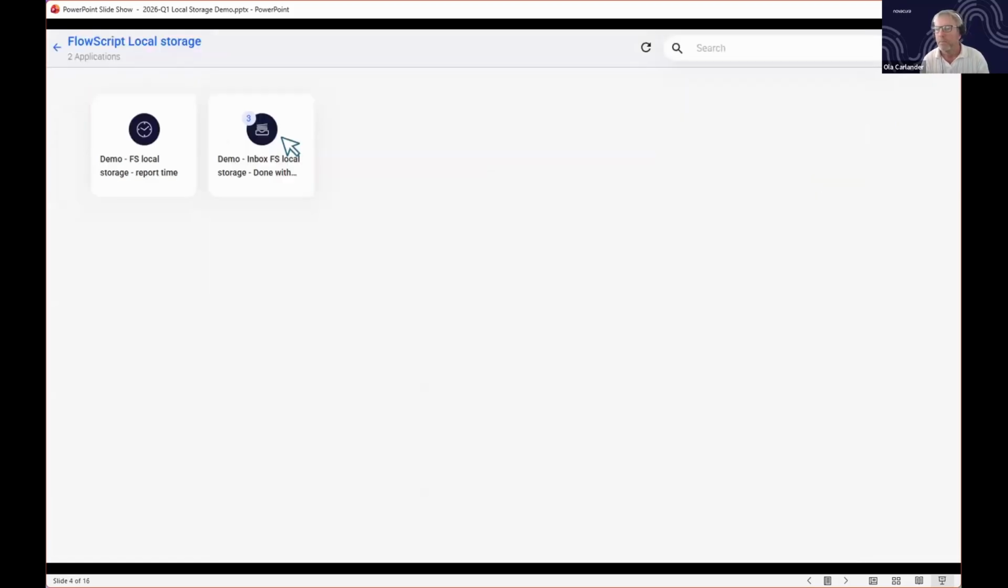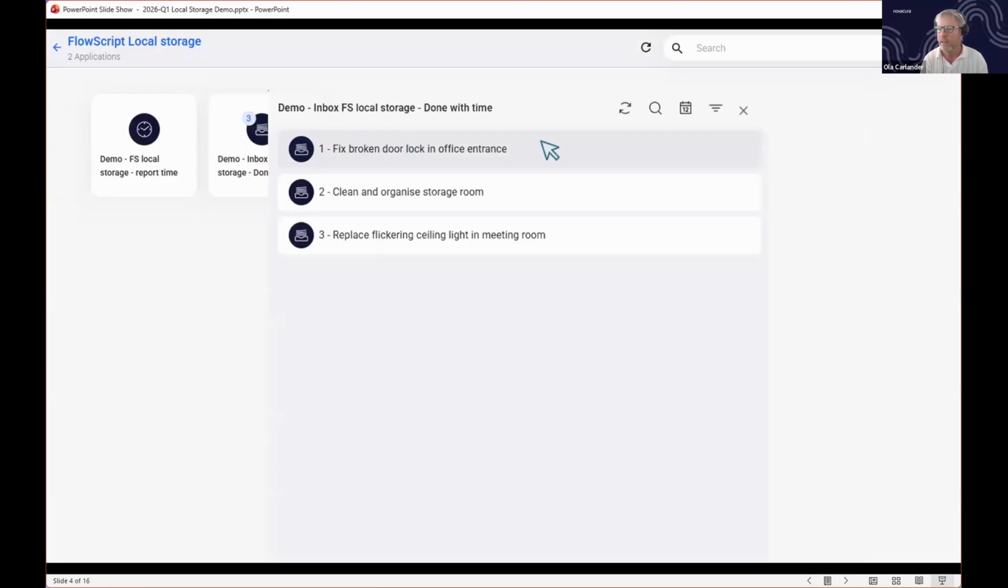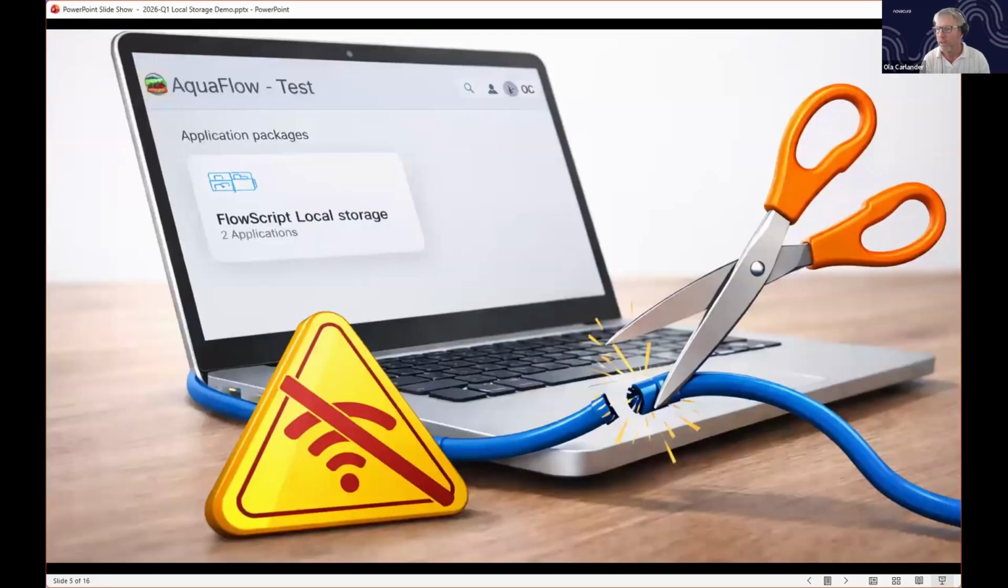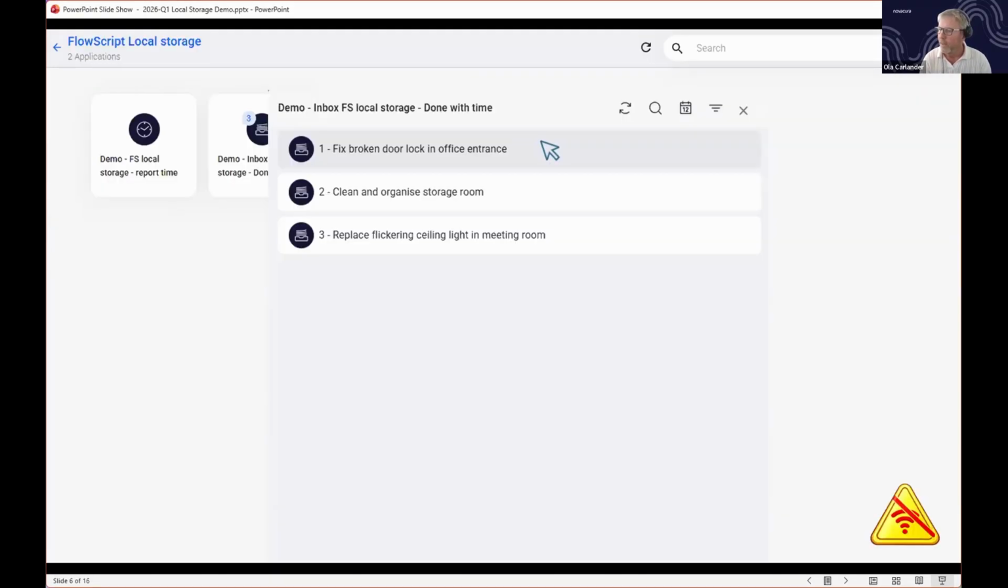And if I check my to-do list here, my inbox, I see I have 3 tasks to do for the day. One is to go and fix a broken door lock in the office entrance. All right, to fix that, I need my laptop, but we don't have any Wi-Fi down there. And my laptop has a cord, so I'll unplug my laptop now. And you can clearly see I'm offline now by the icon down to the right. Back to my inbox,